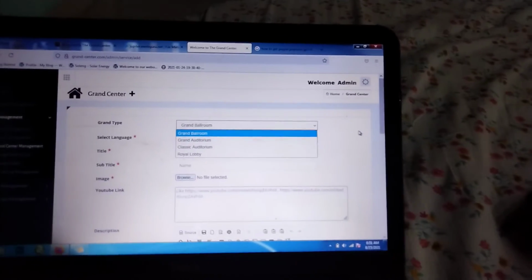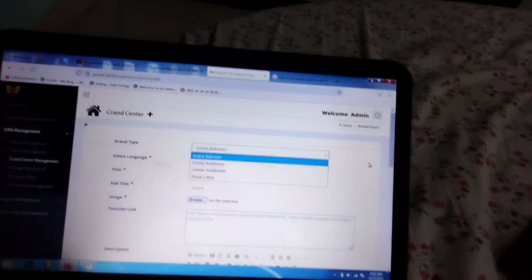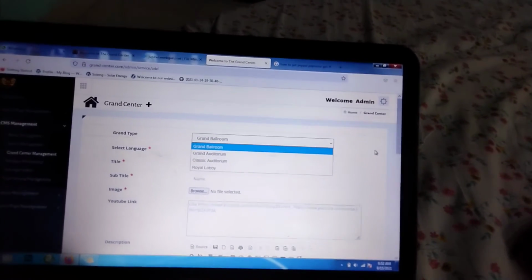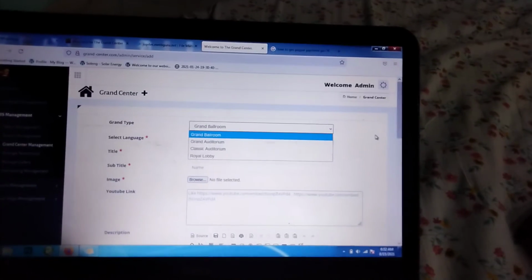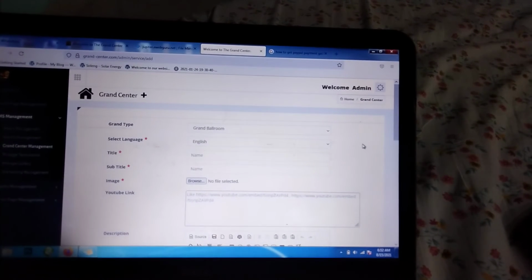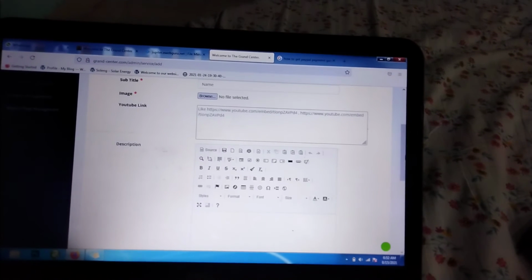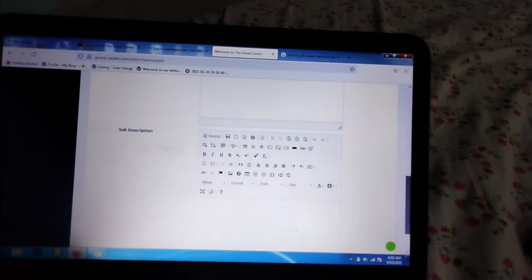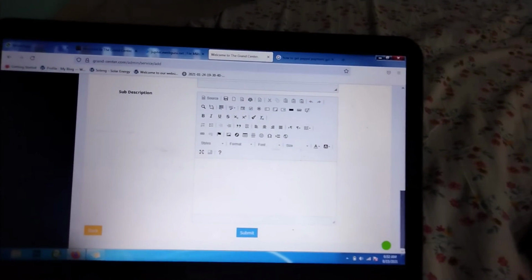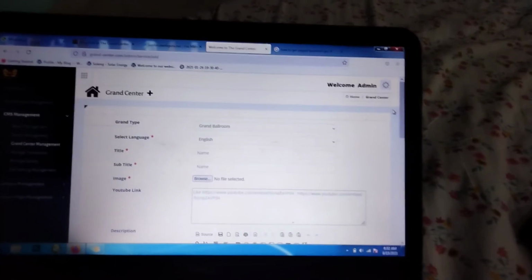You need to upload some creative images of the grand ballroom, Grant Center, and anything else you can upload from these pages. Okay, and you need to put in the title and the subtitle, images, YouTube link, and descriptions about that. Okay, sub descriptions and submit, and those images will show on that particular page you uploaded them to.